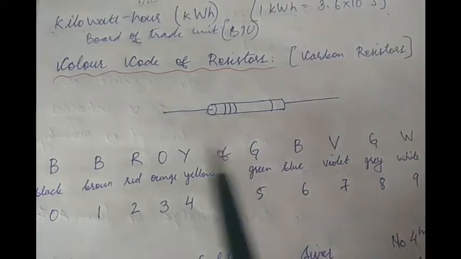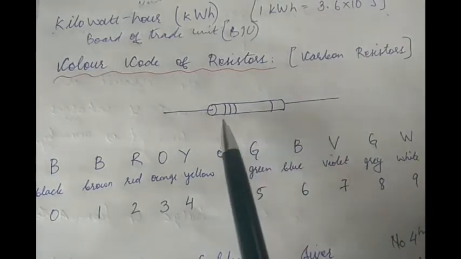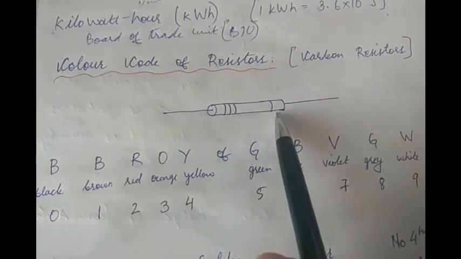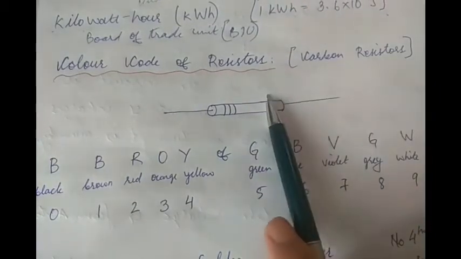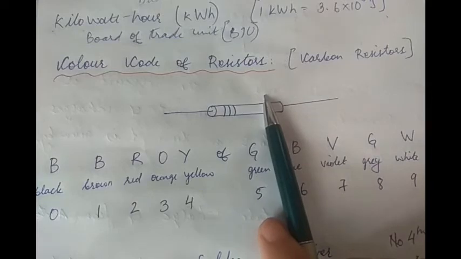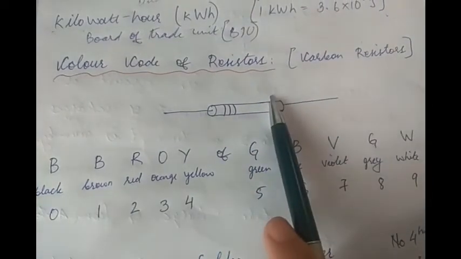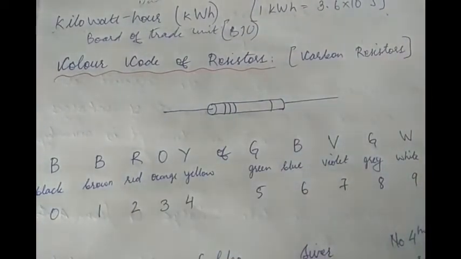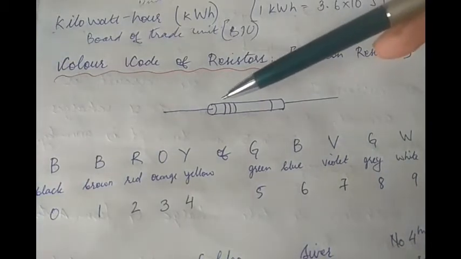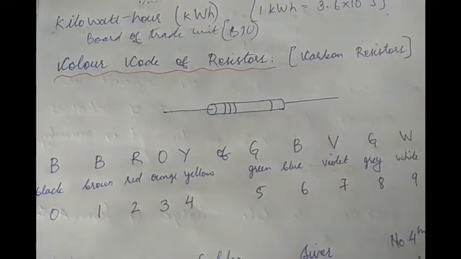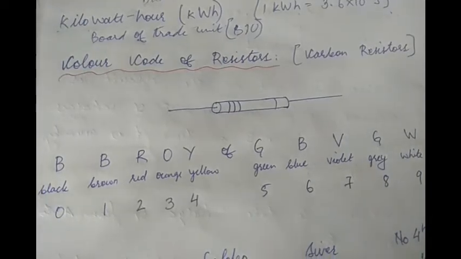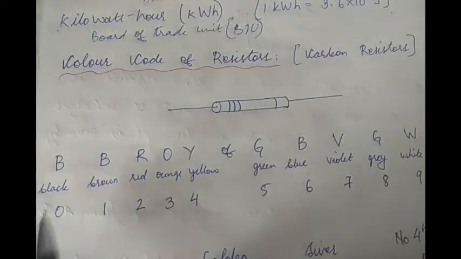Now in this kind of a resistor, you either get to see 4 colored bands, 1 2 3 4 colored bands, or you only see three bands. So you either have 4 bands or only 3 bands. Now these colored bands or colored rings are given so that we can get an idea about the resistance of this resistor. Now how do you find the resistance? In order to understand that, we have to